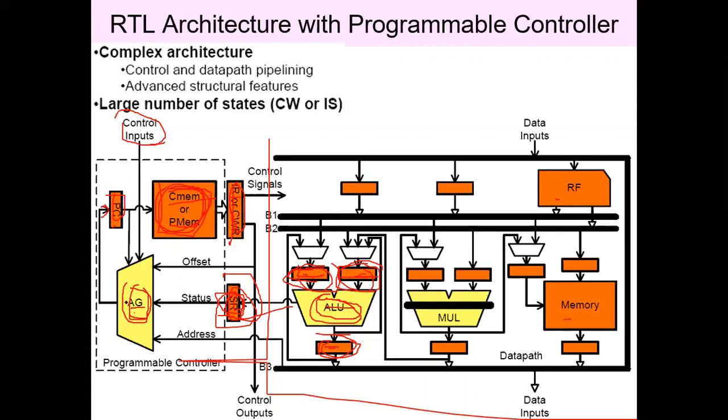4 clock cycles: 1 for address generation, 1 for taking the instruction out, and the next 2 clock cycles for the execution, for the ALU section. If there is any write back to the memory, that will require another clock cycle. Right now we are not considering the write back to the register file or memory. So right now we are considering only the address generation.